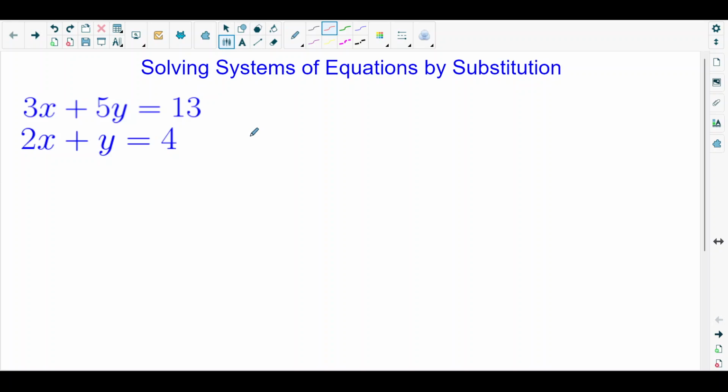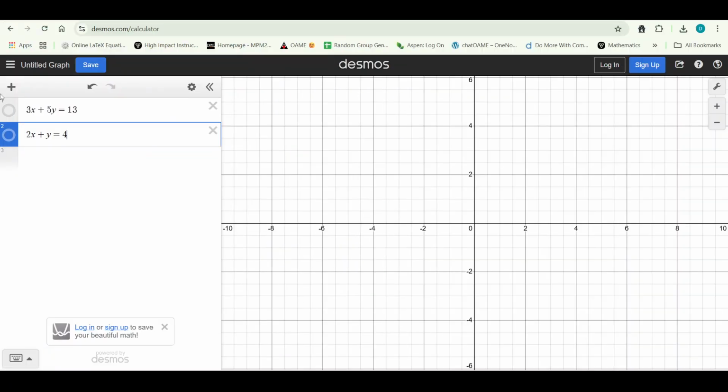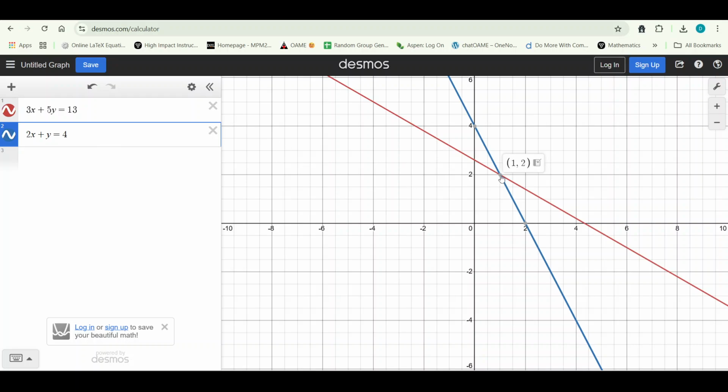And in order to look at this, let's just quickly look at the graph. We're going to do it by substitution, but we'll just have a quick peek at the graph to see what that looks like. So if we're going to solve this system of equations, we can graph the first line, it looks like that. We can graph the second line, it looks like that. And what we're really trying to do is to find out where these two lines meet, and we can see if we hover our mouse over top of the point of intersection, we can see that the point of intersection